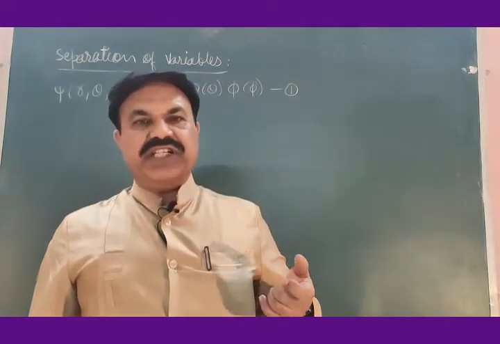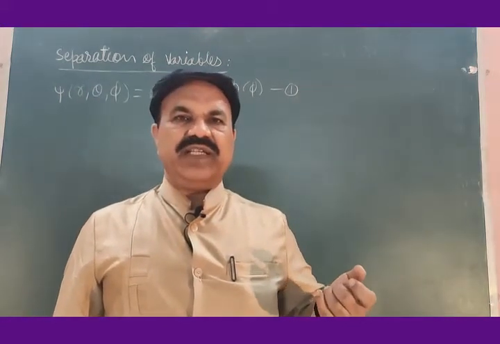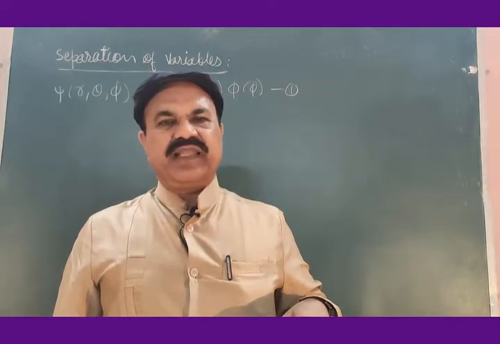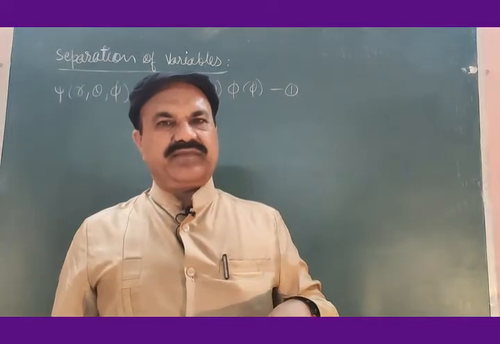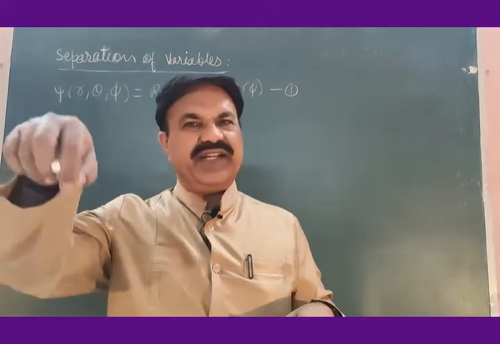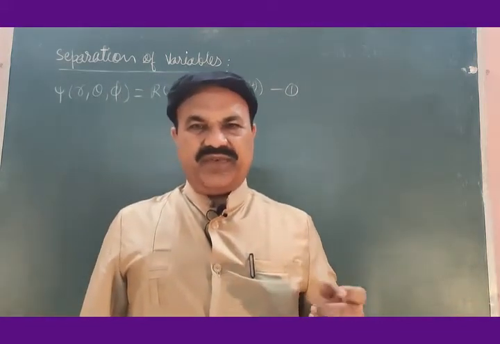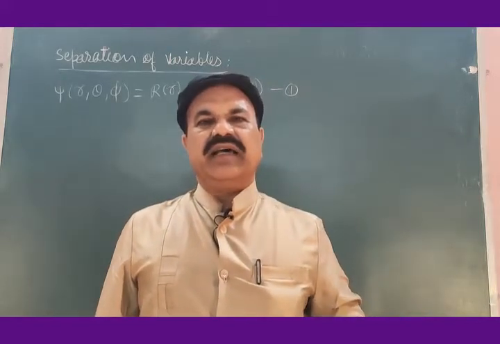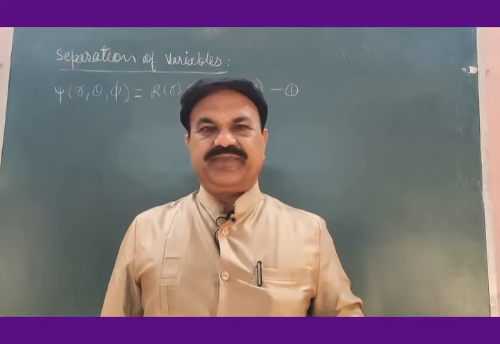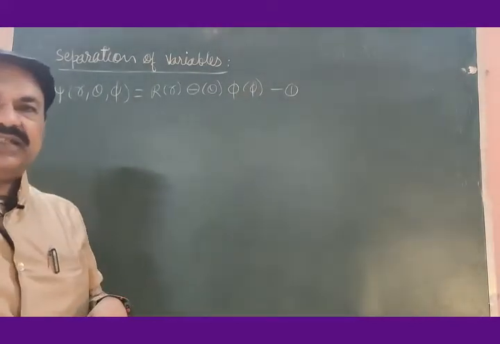If we derive the expression in terms of phi of phi, phi describes the behavior of the electron of the hydrogen atom about the parallels of a globe of a sphere whose center is at the nucleus of the hydrogen atom, and behavior of the wave function psi in this case is independent of the variables R of r and theta of theta. Here we have expressed the wave function psi as product of these variables R of r, theta of theta and phi of phi.